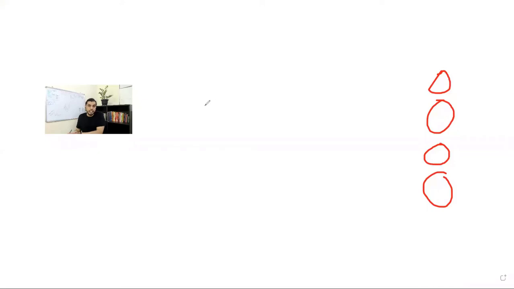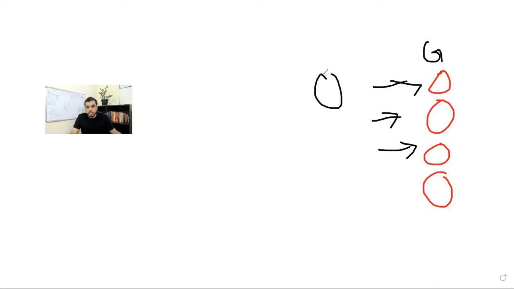Now since this is 30 days, why do I have 4 goals? Because 4 weeks consist of 30 days. So that's why 4 goals. Now based on these goals, they are going to go through a journey. Let us put this T over here. This is G, this is G.